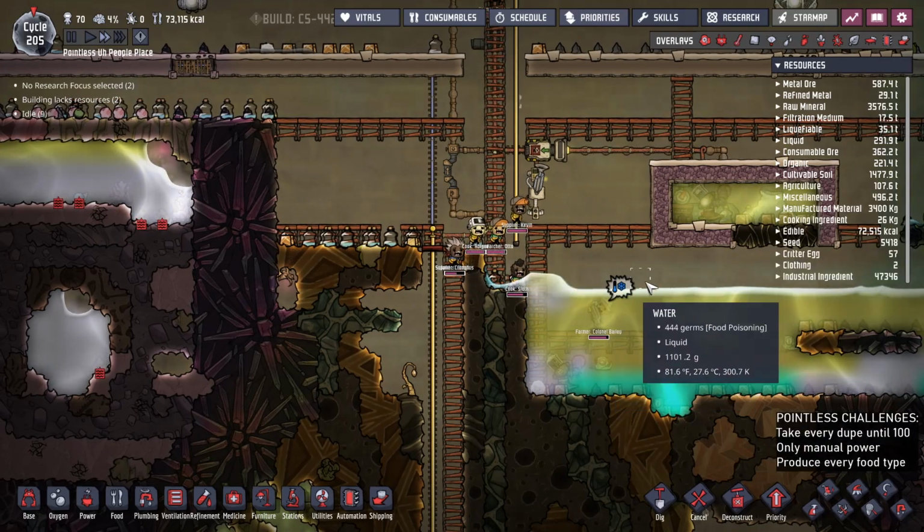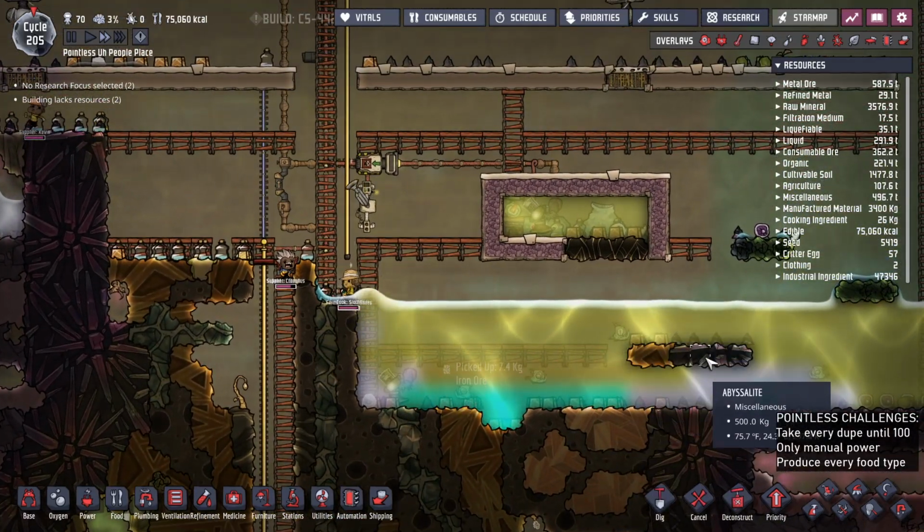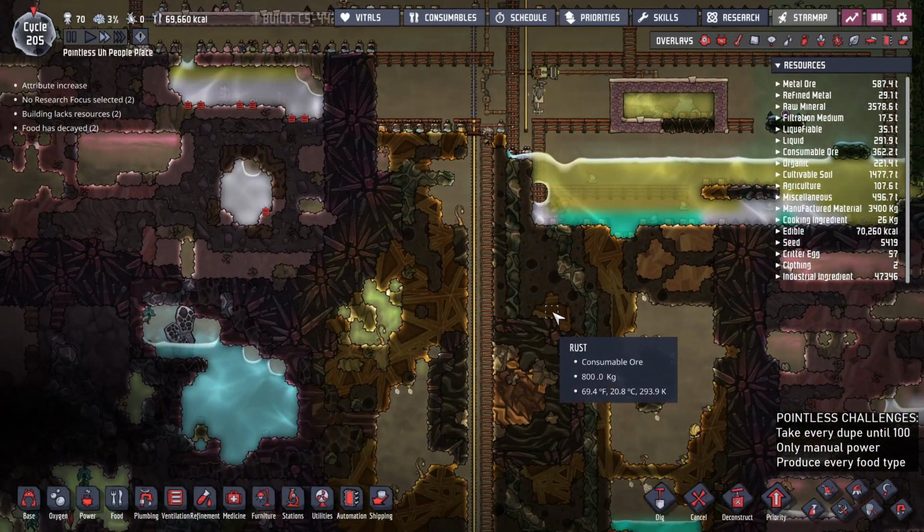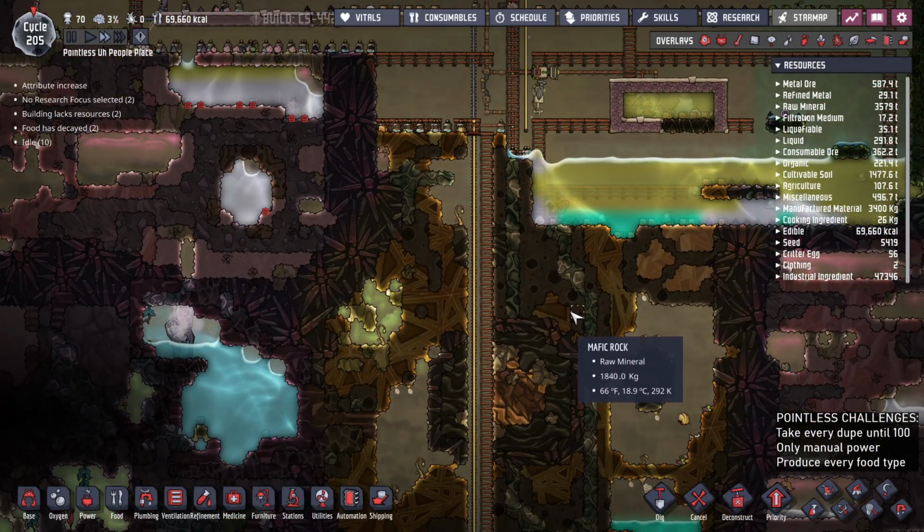Do have a little bit of an oxygen bastion down here. And we are pumping water from this cool slush geyser. I don't remember in the last video if we actually were or not. Did watch a little bit to catch up, but...